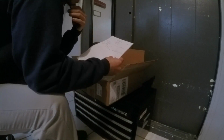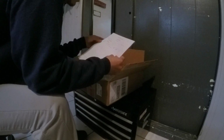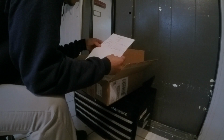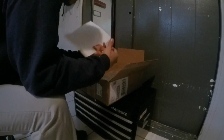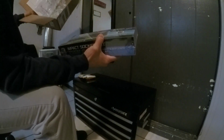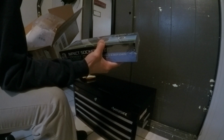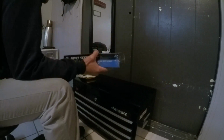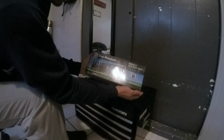This is a 26-piece set, standard and deep metric sockets. I forgot the price. I thought they would have it in here, but I believe it was like $52 shipped. And shipping came really fast. I think it was like 2-day shipping. So here we are, Gray Pneumatic